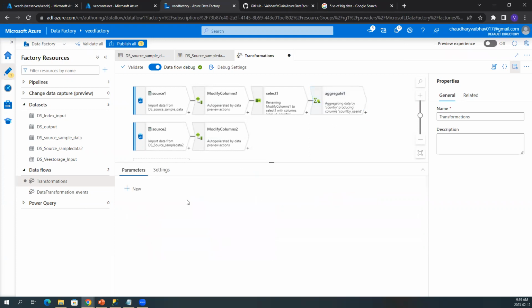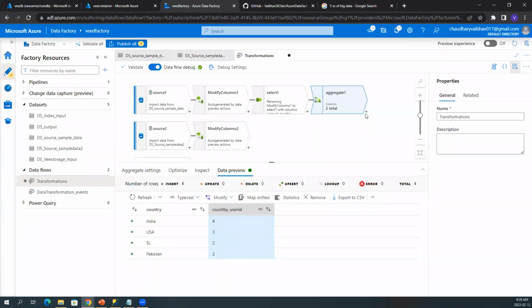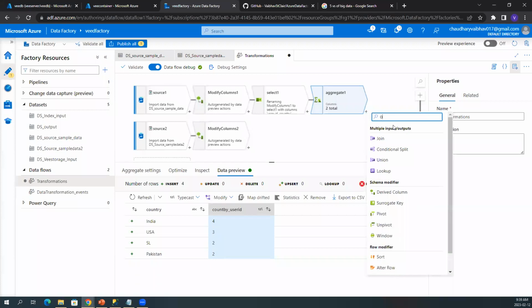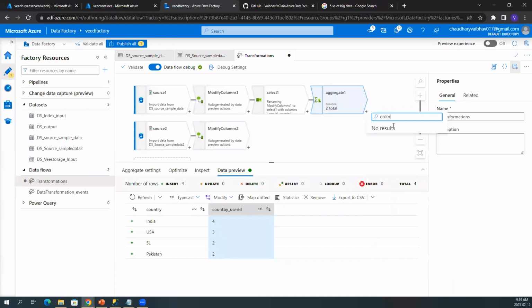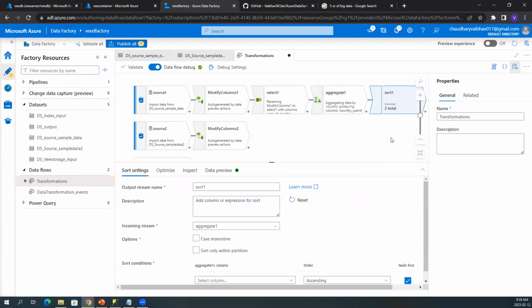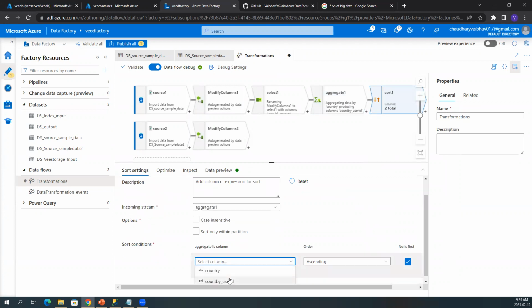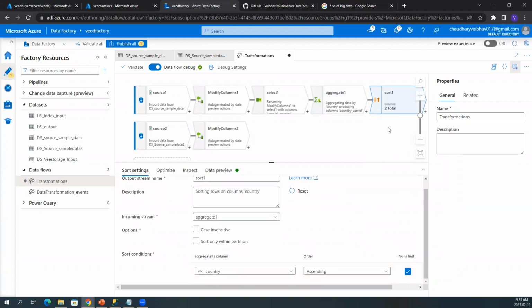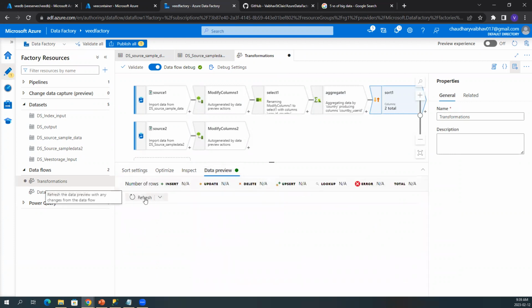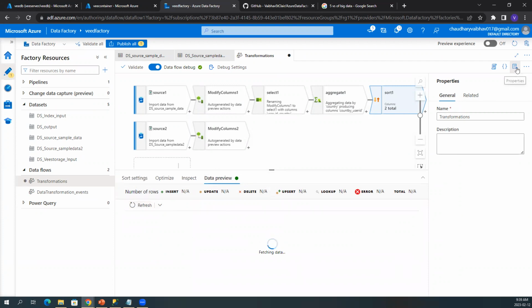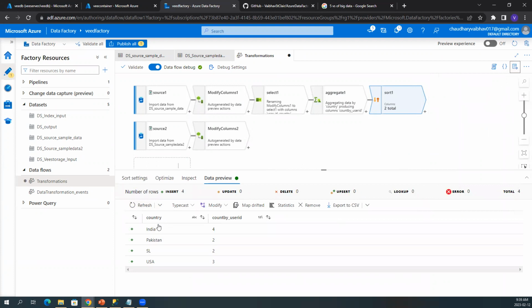I can even order by, here, I'll just click this and order by, oh, sorry, sort. I think it's sort, yeah. So sort, and you can click options here. So sort conditions, I want to sort it by country, ascending, and let's preview the data. See,